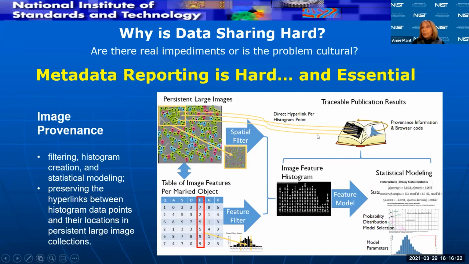And then you're going to do algorithm development, and maybe you're going to try several different approaches, and you want to keep track of all of that and what the results of that were. And eventually you want to be able to go to every spatial location on those images and extract numerical data and analyze it.